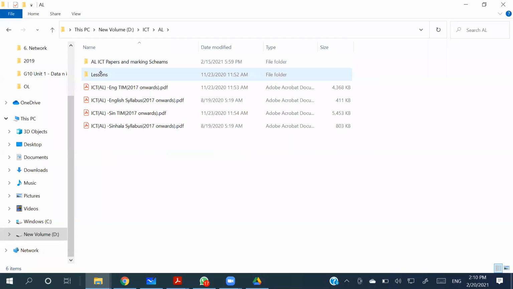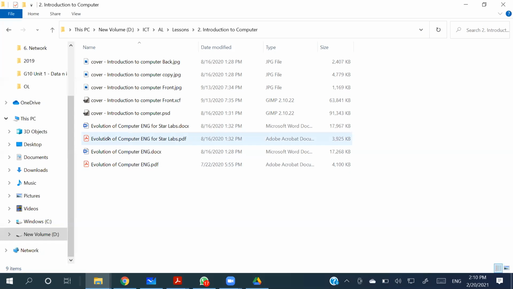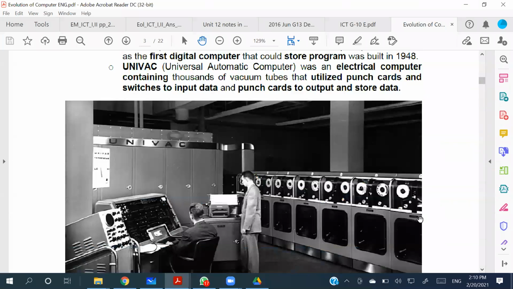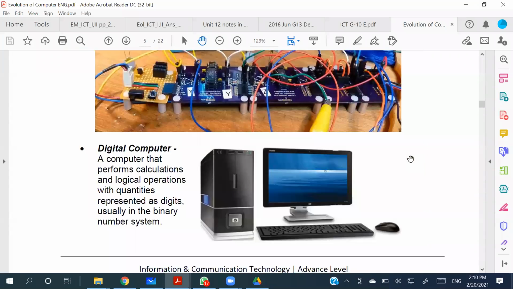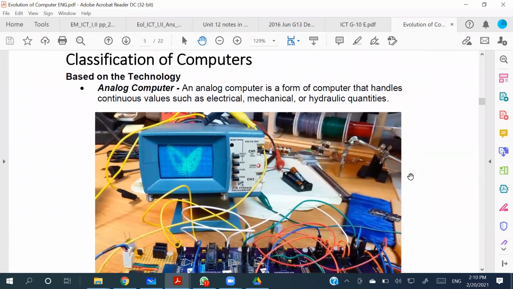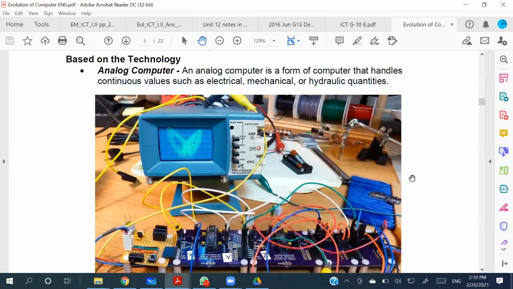I'll take the reference from the A-level lesson, which we are going to learn. As you can see, if you do the A-levels, you still have some things in common with it, right? This is an analog computer. Based on the analog computer, it is just receiving things from sensors, like radars, like geographical